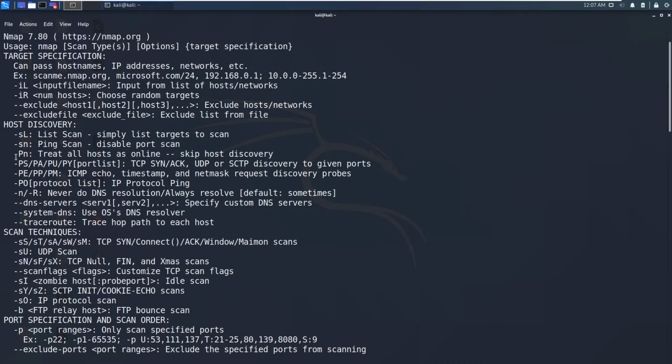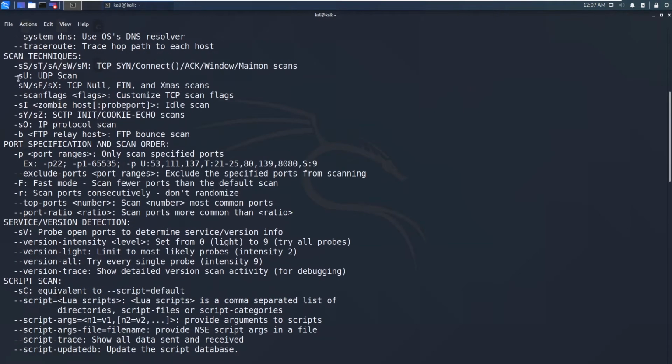That means it won't scan the subnet range, but it will treat all the hosts as online and directly do the port scanning or service scanning. And you can see -sS for stealth scanning, -sU for UDP scanning, and there are other scans as well, FIN and Xmas scans respectively. You can see -sN for null, -sF for FIN, and -sX for Xmas scans.